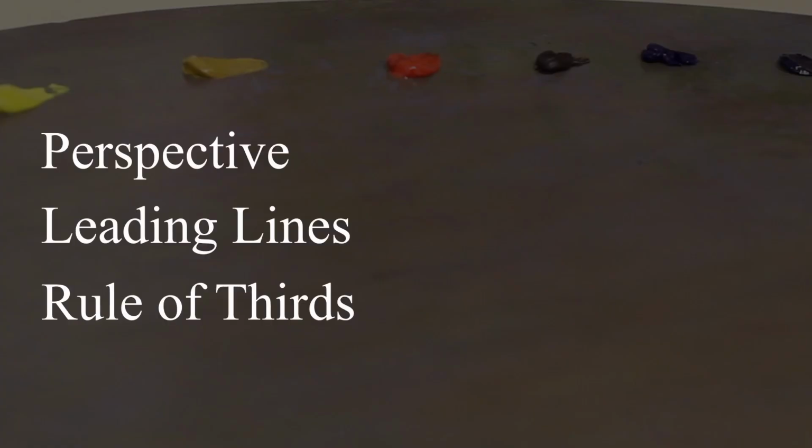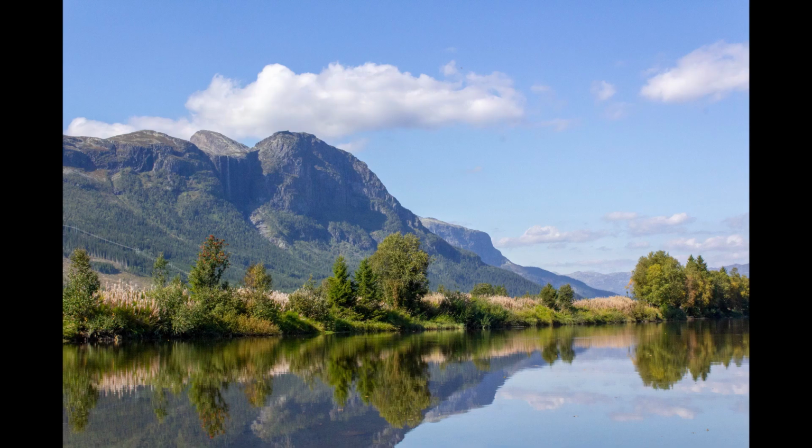When thinking about composition, there are 4 things that I look out for, and those are perspective, leading lines, the rule of thirds, and lighting. If you can tick these 4 off, then chances are you've got a good reference. So what do I mean by those? I'm going to use my reference as an example, which is a photo I took while I was in Norway